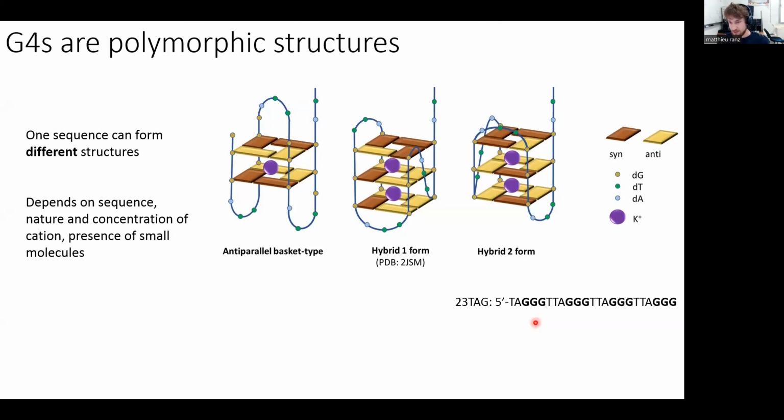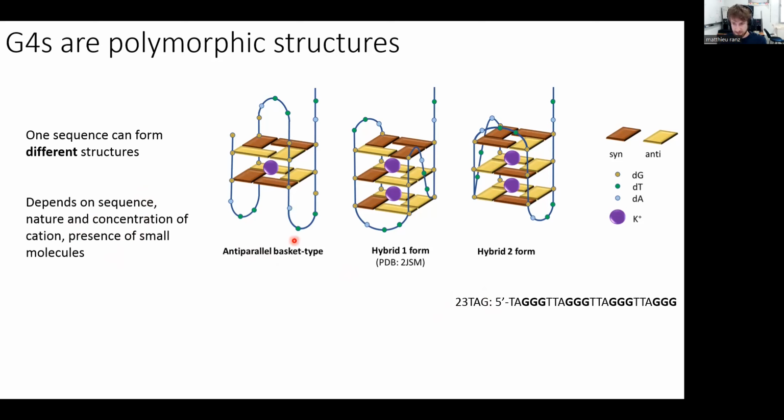So the first thing to consider is that G-quadruplexes are highly polymorphic structures. And depending on several parameters, such as the sequence, the cation, or small molecules, they can adopt multiple conformations in equilibrium with different numbers of tetrads or different loop arrangements. To illustrate it, I use the telomeric sequence 23TAG that falls into 3 conformers in presence